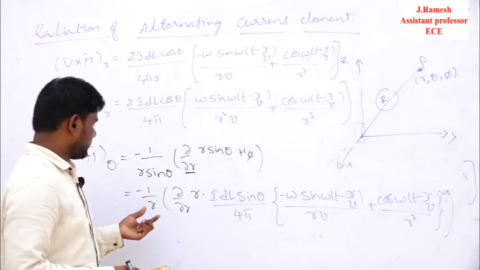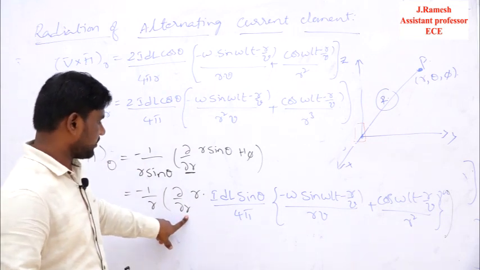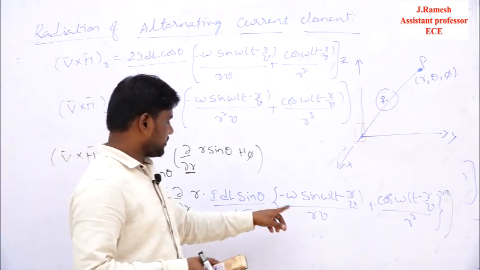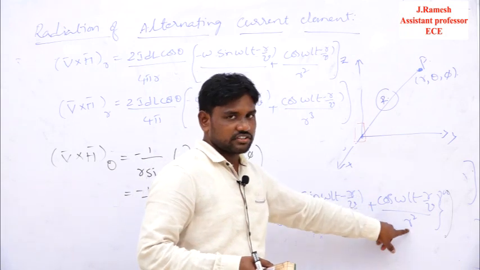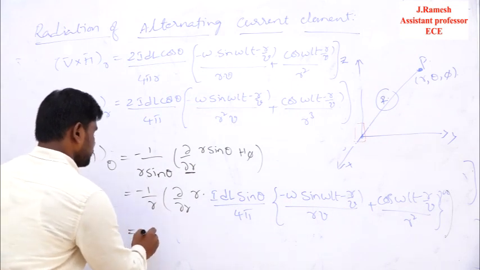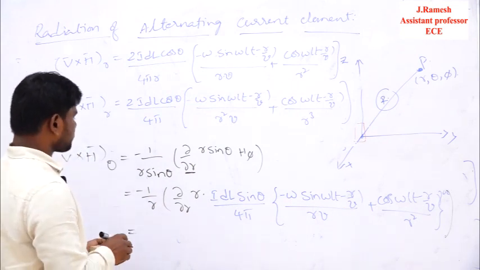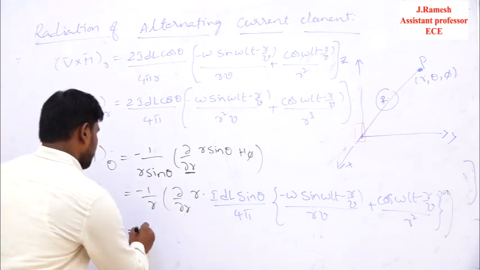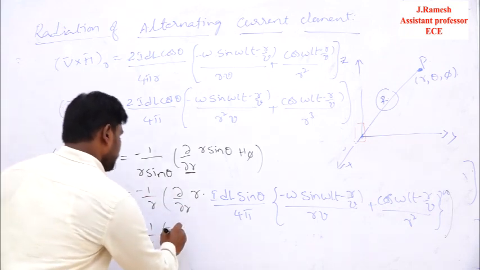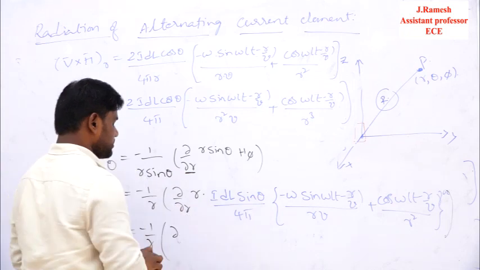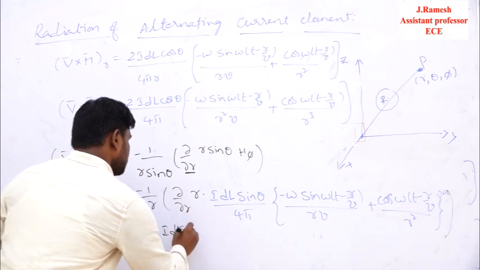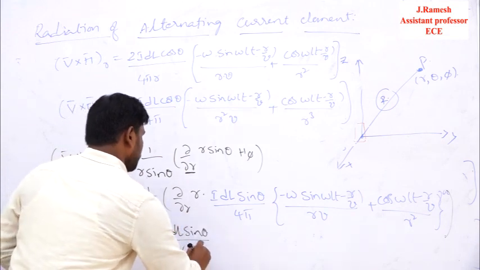So now if you simplify this, again we are doing it with respect to r. I dl sin theta by 4 pi you can take as a constant, but if you observe here, an r term is there, here an r term is there, here also r terms are there. So that's why it takes some computation. Here I am just taking the derivative of the first part, then I will go for the second. Before that I have to multiply both. So what is dou by dou r? This entire constant term I can take outside, so I can simply write it as I dl sin theta by 4 pi.